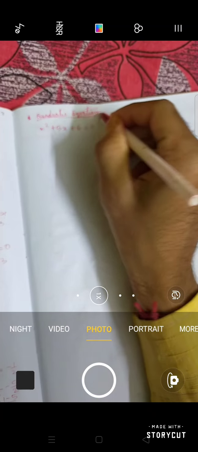So here you know that A is called what? In this case we have the standard form, coefficient of x square. So what is the coefficient of x square here? 1. Okay, fine. What is B? 5. That is the coefficient of x. And C is 6, and that is the constant term.